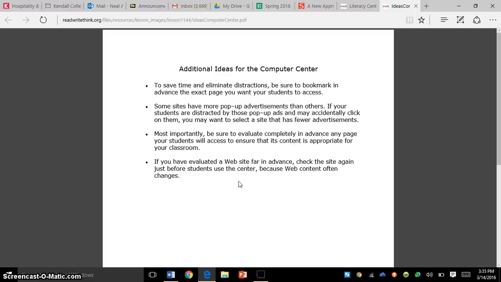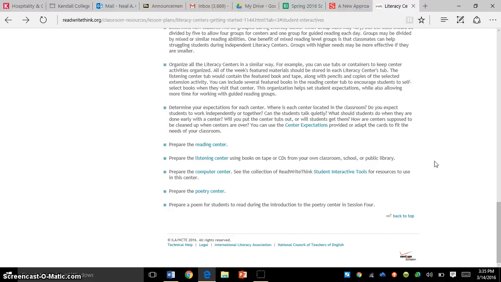And then you also not only want to plan one activity, but then have some extension activities. So you're going to have to plan all of that stuff out as well. So I know it's a lot of planning, but what you have to remember is once you get these in place, this particular plan could last for weeks or months even. So yes, it does take a lot of time to set up, but it's well worth your efforts,